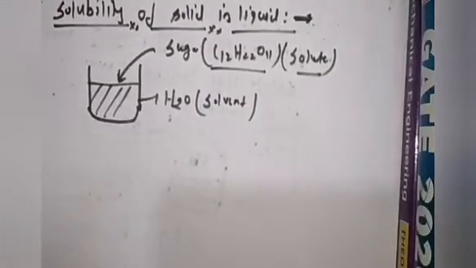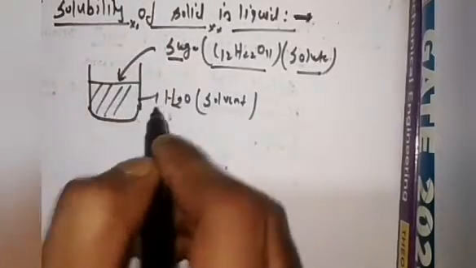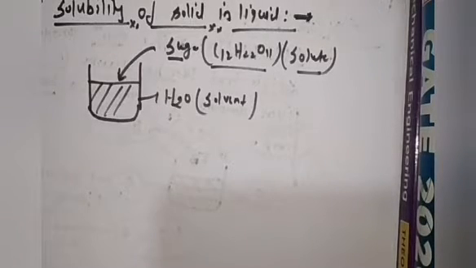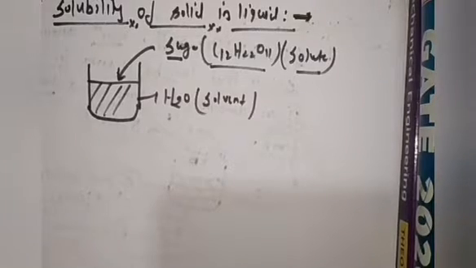Now understand one thing, why a solid is going to get dissolved in the liquid. The situation is that if you are going to add sugar in water H2O, what used to happen over here? 2 processes used to come. First thing is the lattice enthalpy, and second thing is the hydration enthalpy. Already you all have studied this in the chemical bonding topic, so I am not going to discuss all these things over here, but I am going to give a little bit of information.